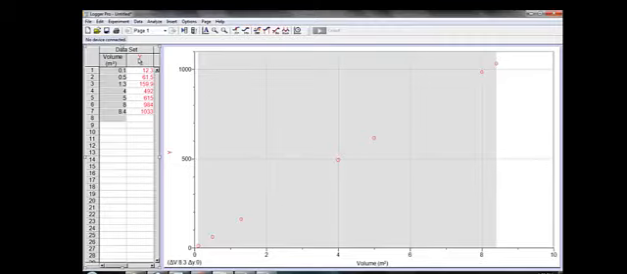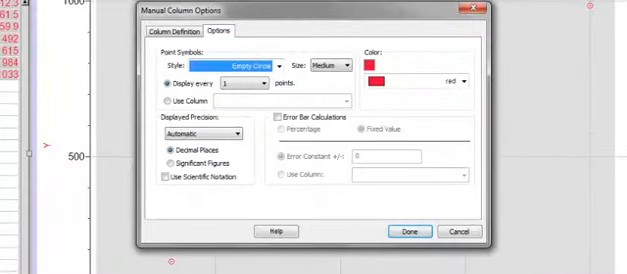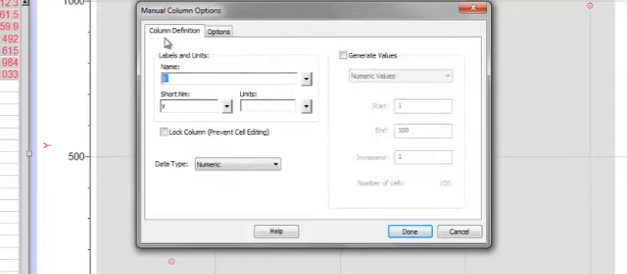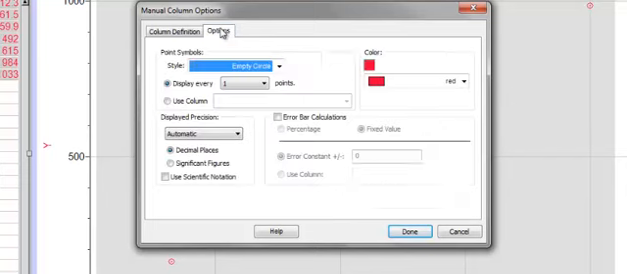So I'm going to do the same thing for the y variable, the dependent variable. Let's first go to column definition, and this is mass. The short name for that will be M, and my units here will be kilograms. And you can either tab through these boxes or just click on them. And here I'll go to options, and the dependent variable here, the y variable, that's the one we are actually